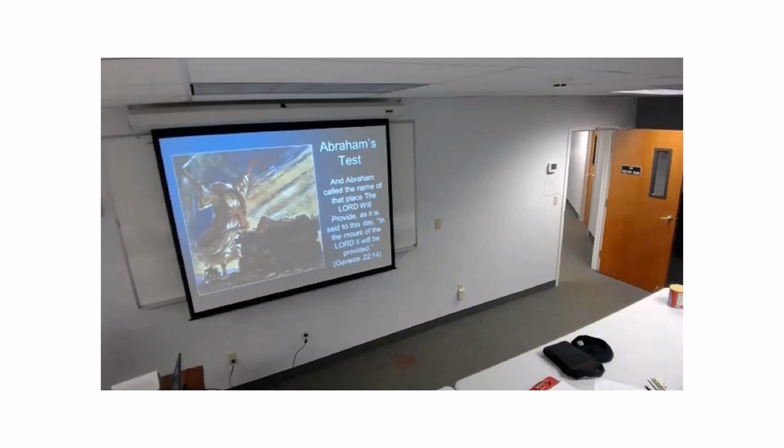So you have Isaac, who is now a young boy, and God calls upon Abram to sacrifice his son. Now here's a son that Abram has received after over a hundred years, and now this one person upon whom his whole hope is placed, God calls, and Abram does not demur. He goes to Mount Moriah, and some believe that this is the place where the temple now is, and this is where Jesus was crucified, in the mount outside of Jerusalem.